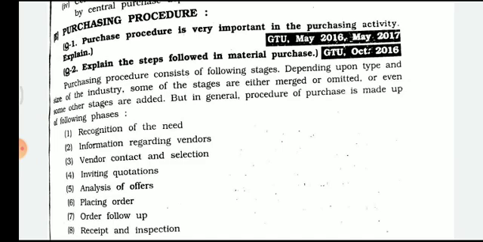Purchasing procedure consists of the following stages, depending upon the type and size of industry. Some of the stages are either merged or omitted, or even some other stages are added. But in general, the procedure of purchase is made up of the following phases: